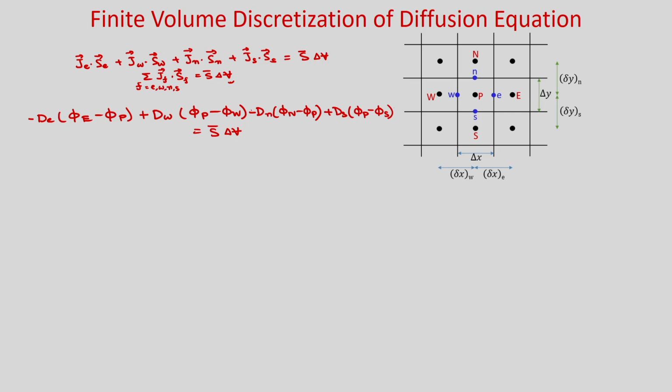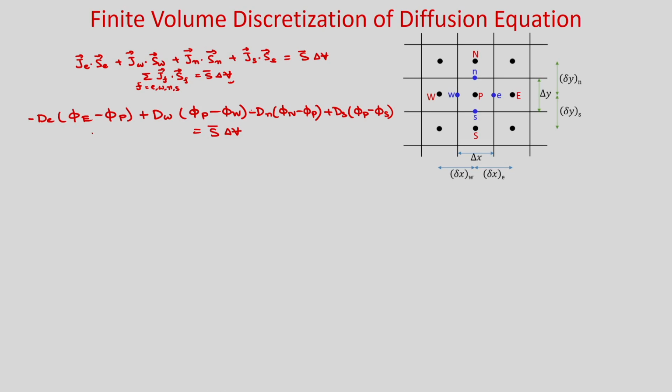Okay. So, what we will do now? All the coefficients of phi p we will put together and keep on the left hand side, and all the other terms we will take to the right hand side. If you take only the phi p terms, you can see this is your phi p, phi p, phi p, phi p. So, all of this you take on the left hand side.